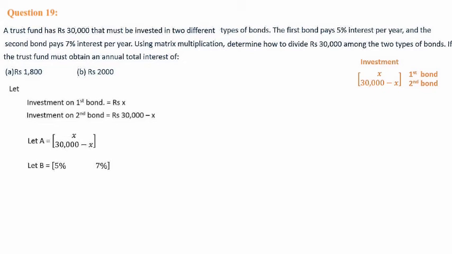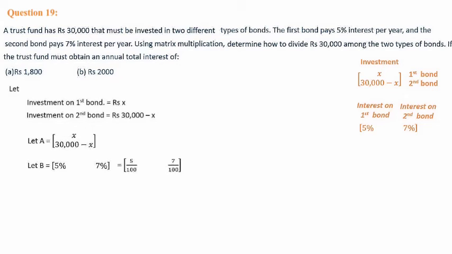And the next one is interest. Based on the interest only they are investing. First bond interest rate is 5%, and the second bond interest rate is 7%. So this is a row matrix, and the interest on the first bond is the first element, and the interest on the second bond is the second element. So this we are taking as a row matrix. First one we have taken as a column matrix. If you want to reverse it also, no problem. This one we can write as a column matrix, and this one we can write as a row matrix. That is also not a problem.